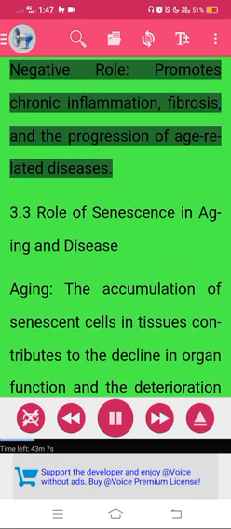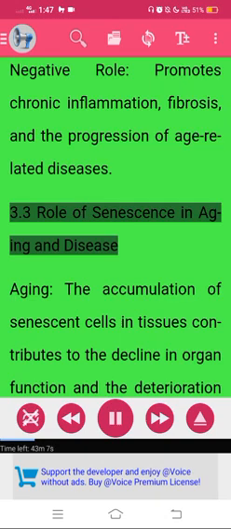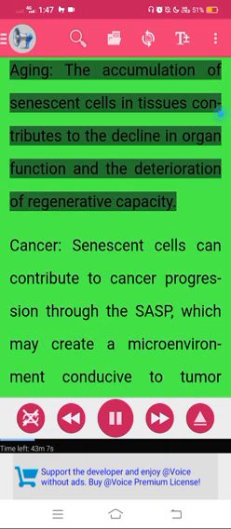Negative role, promotes chronic inflammation, fibrosis, and the progression of age-related diseases. 3.3 Role of senescence in aging and disease. Aging. The accumulation of senescent cells in tissues contributes to the decline in organ function and the deterioration of regenerative